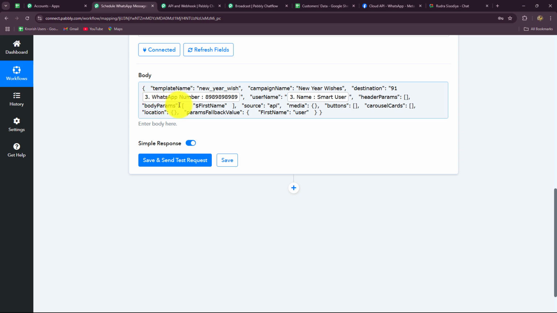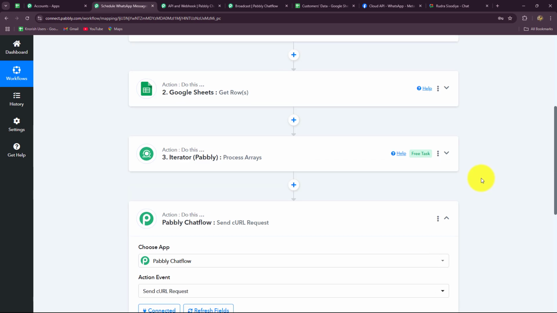Then we have to enter the body parameters. It is asking us for the first name. We have not received the first name. We have only received the full name. So what I will do, I will simply split this name in between. And to make it automatic, we have to go back and we have to click on this add action step